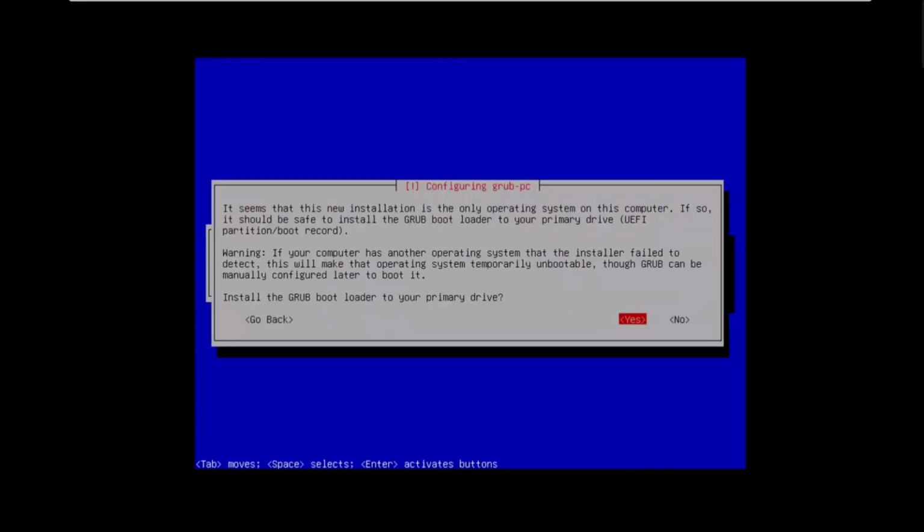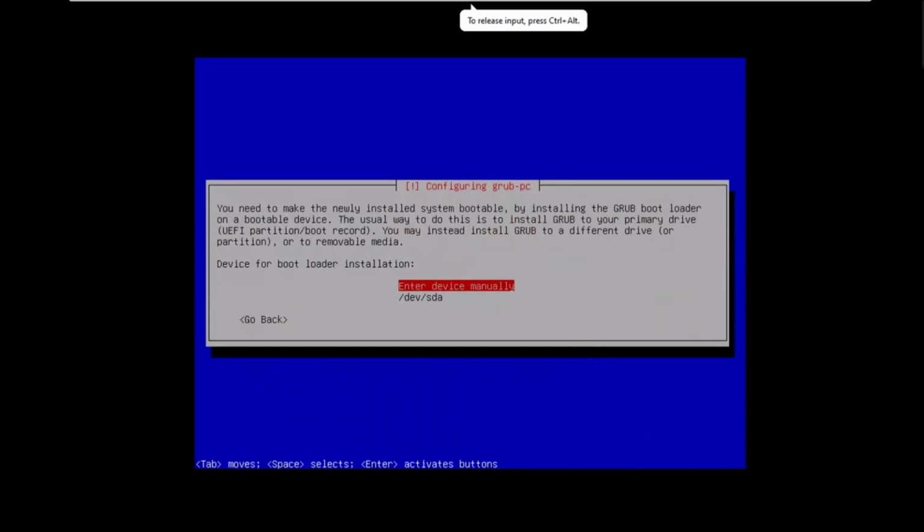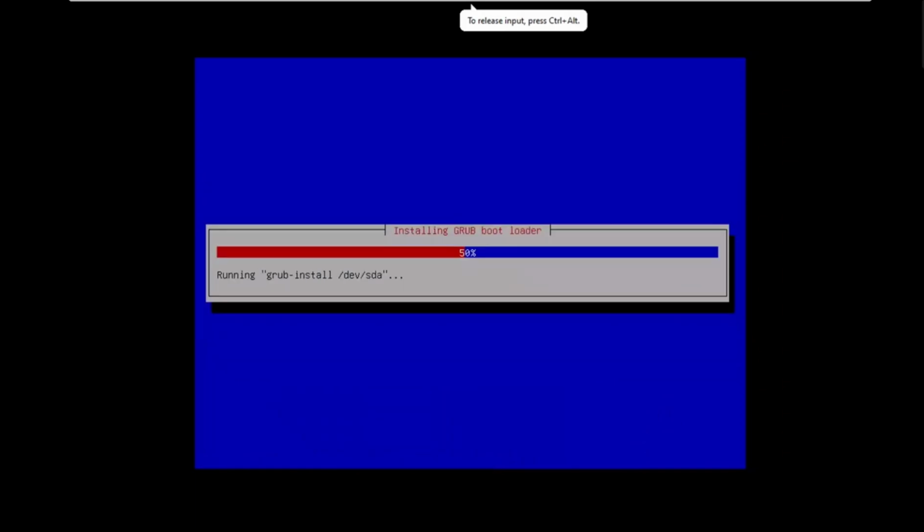All the selected software will be installed. Please wait a minute for this to complete. After that, a menu page for configuring the GRUB will open. Select the yes option. Another menu page will appear. Select the option listed under /dev/sda. Next, you will see an installation option. Press continue there as well.